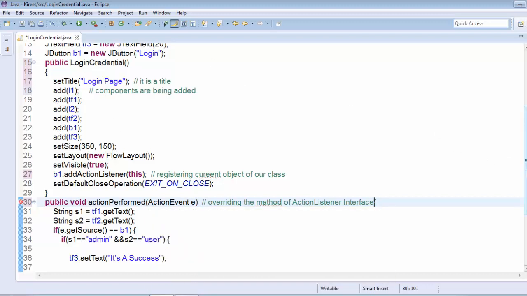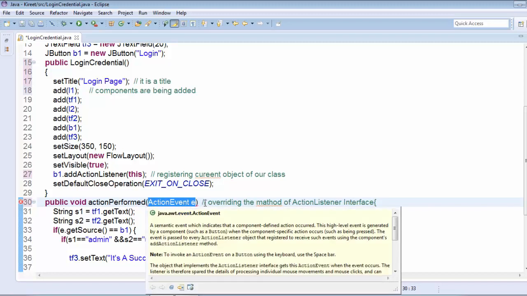As soon as the button generates an event, an object will be thrown and it will be passed to this action event argument.